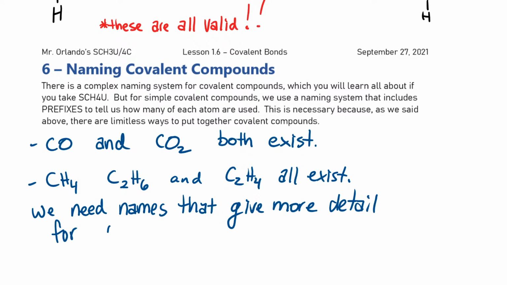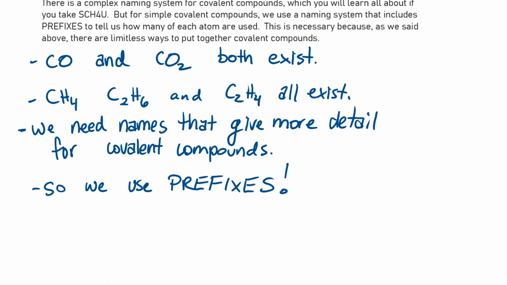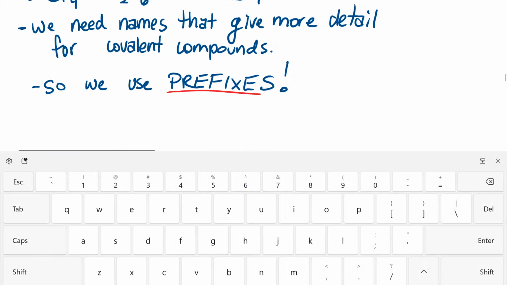for covalent compounds. So what do we use? Well, we use a few different things. Some covalent compounds have really complicated naming systems, but the easiest one uses prefixes. We use prefixes. And if you don't remember the prefixes,